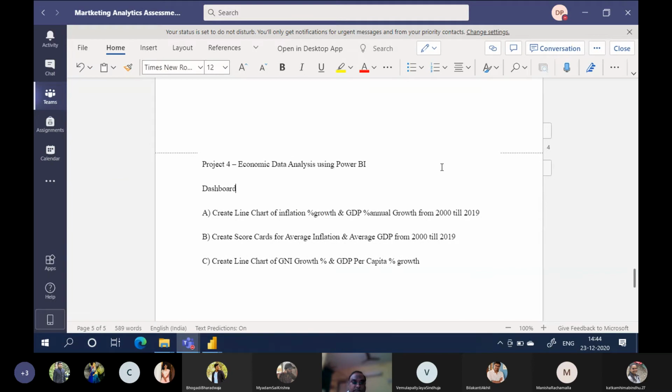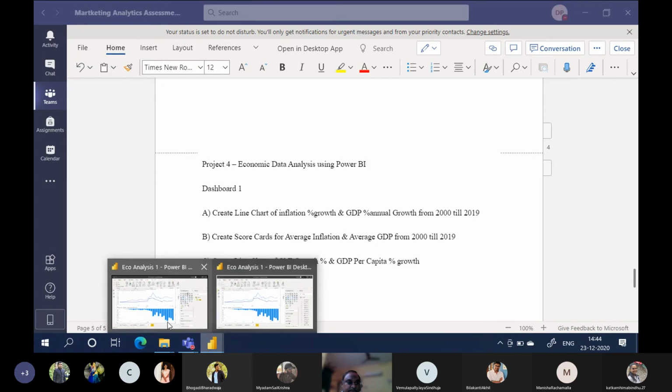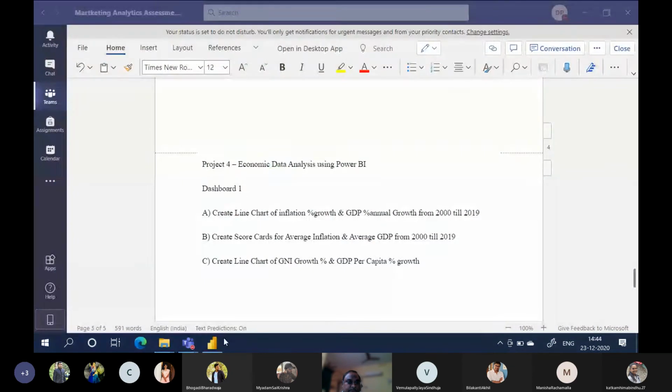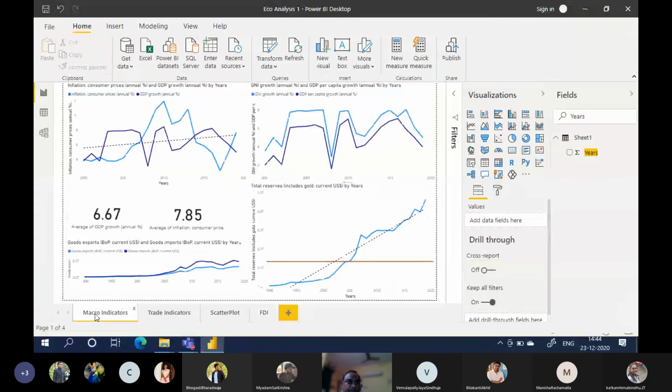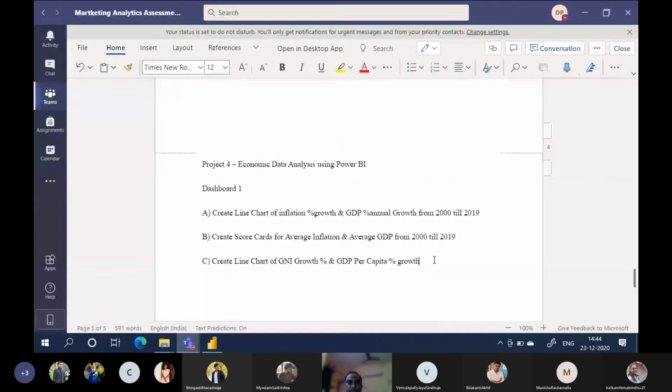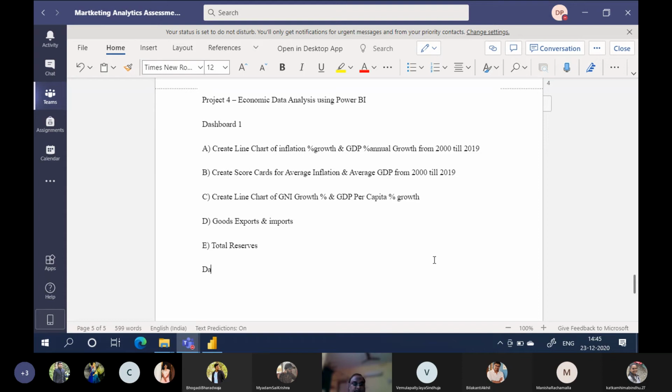This is dashboard 1, with scorecards and line charts: goods, exports and imports, total reserves. Okay, this is dashboard 1.